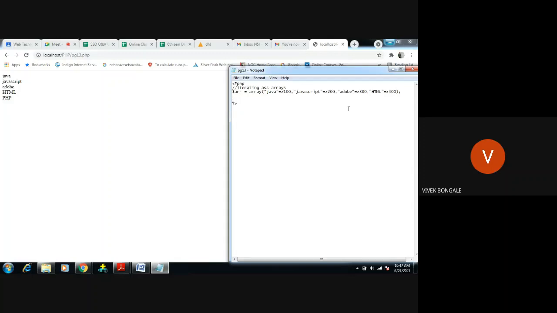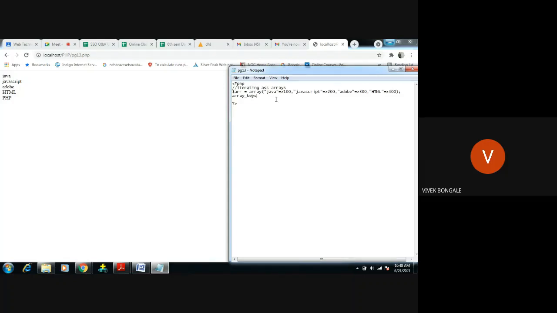As normally what we have done in the numeric array, like that we are not able to iterate here, because here we have to use one keyword called array keys.